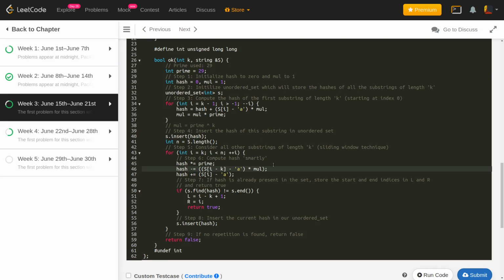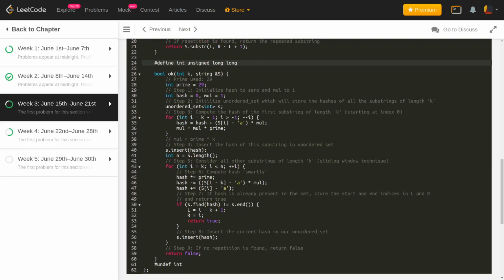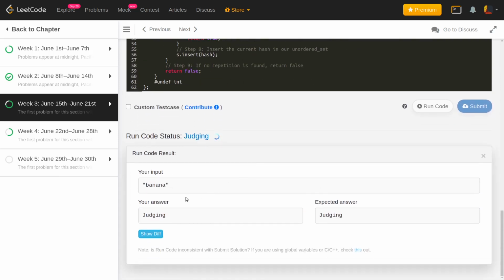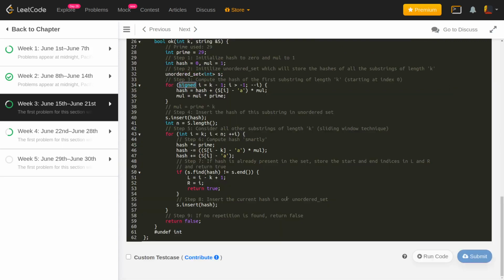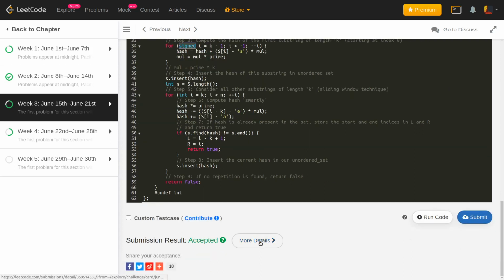So what I'm guessing is mostly because of this hacky thing, here are the for loops that get affected. Okay, my bad. Since this is like greater than -1 and this might become -1, which is actually unsigned, that might actually overflow. So we need to have an integer here. I'll just make it signed. Signed is nothing but integer, so I'll just make it that, and let's see. Hopefully it should work now. Yeah, it's working. Let's try to submit this now. And this gets accepted as well.